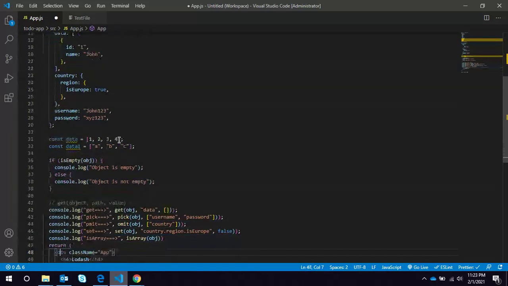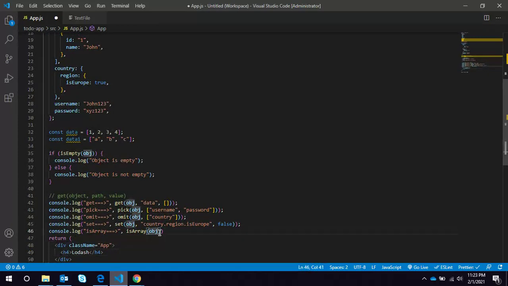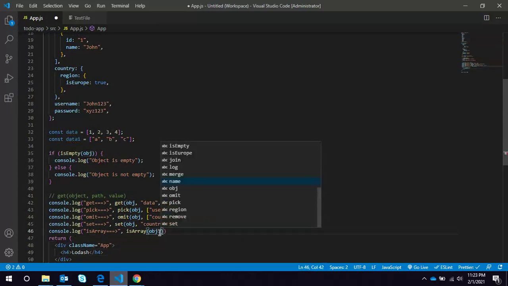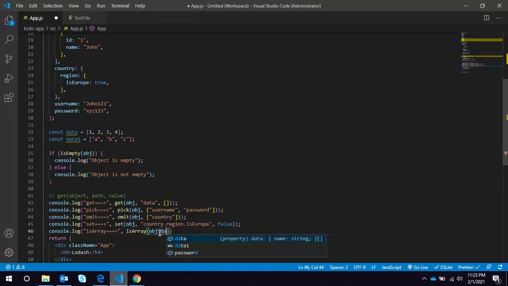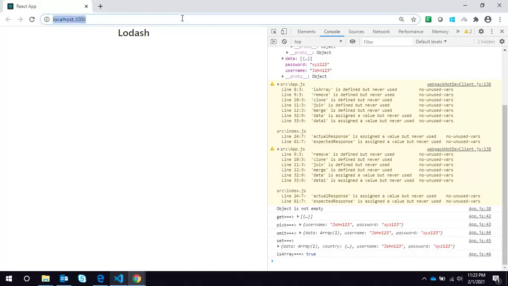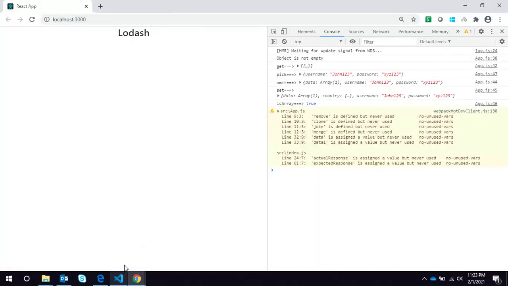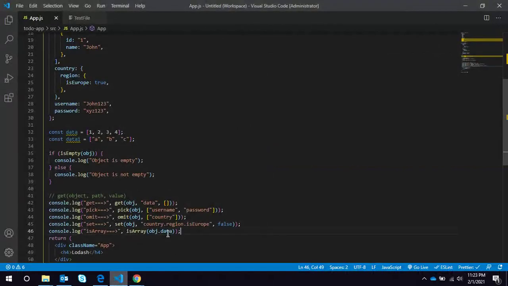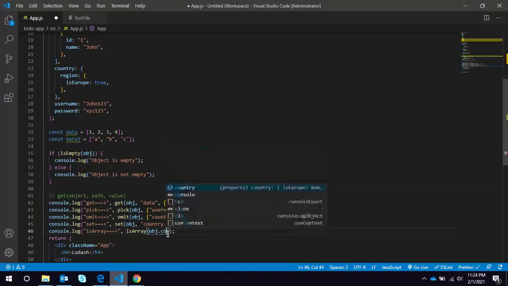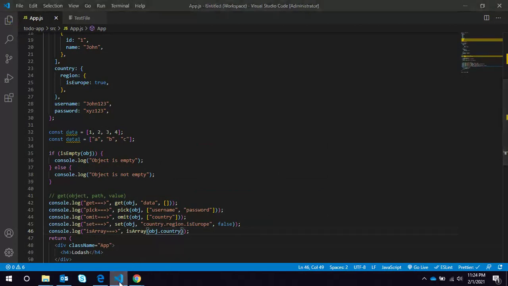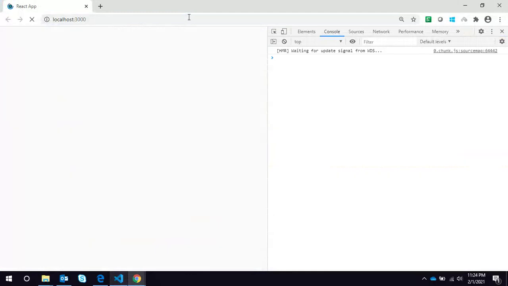We can check whether this is an array or not, and it will return a boolean value. You can see isArray is returning true. Now you can check object.country also. Country is an object, not an array, so it will return false.